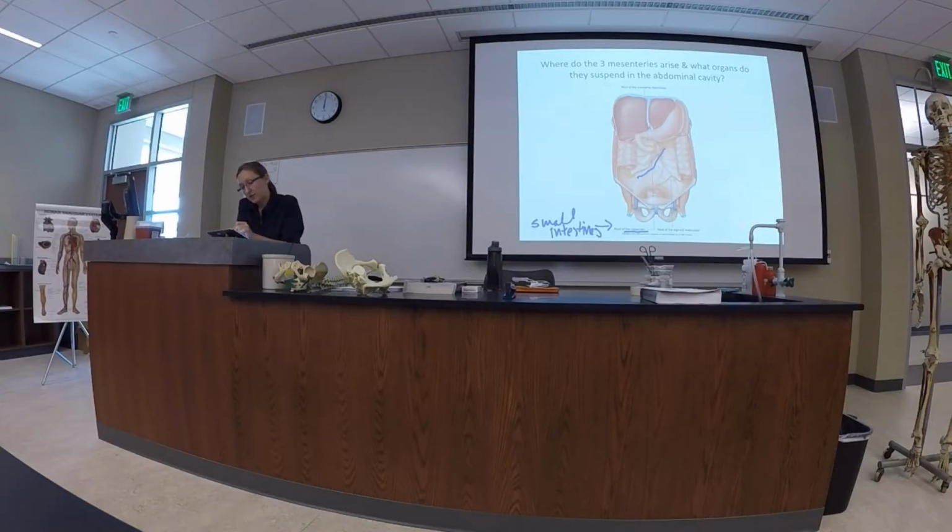We also have the transverse mesocolon. This is another of the mesenteries. It runs along the anterior surface of the pancreas. So the pancreas is another one of our retroperitoneal organs. And it comes up and surrounds the transverse colon. So that name kind of helps you put them together. Transverse mesocolon suspends the transverse colon. It's got a fairly short mesentery, so the transverse colon doesn't move around a whole lot,